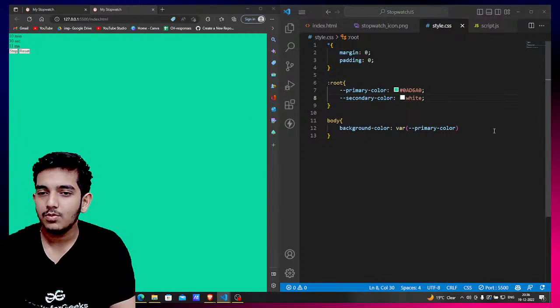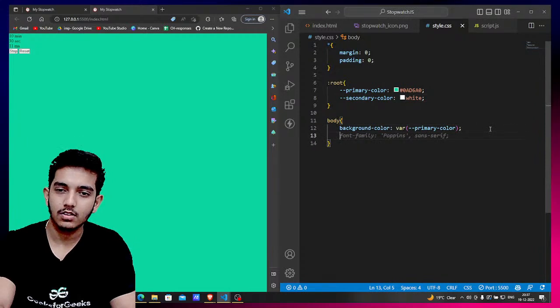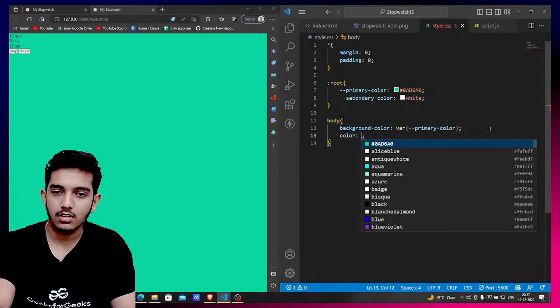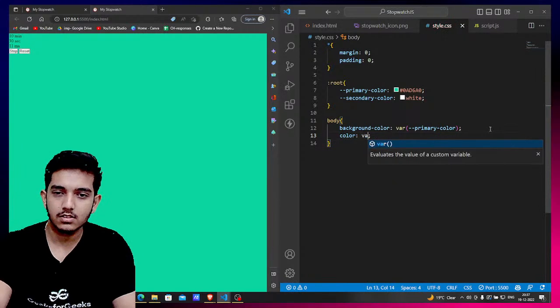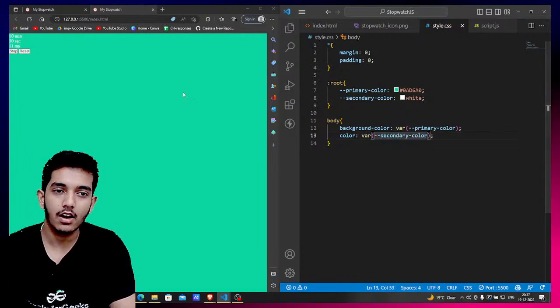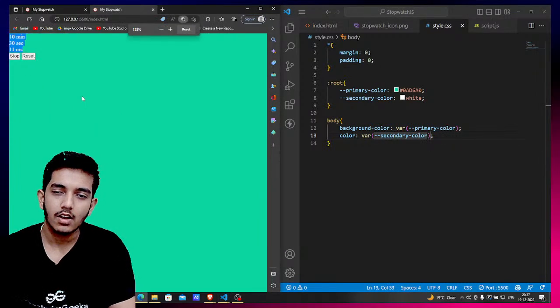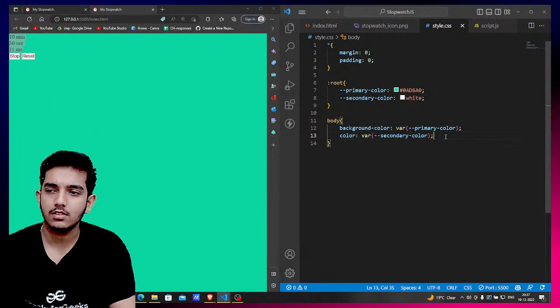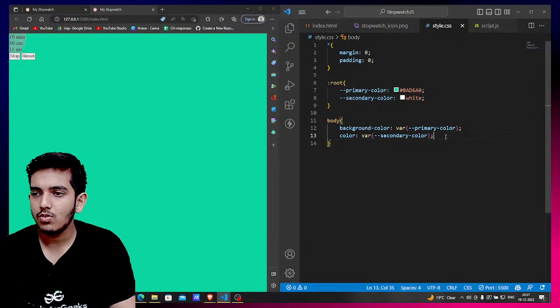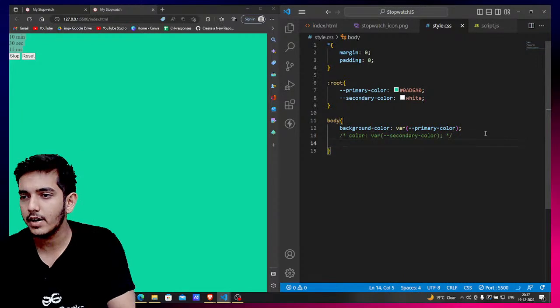After this we are going to choose a text color. I'll write color, and for this I'll choose white for now, and that's our secondary color. So our texts got a white color. Everything got a white color. It's looking nice. If you don't want that, right now we don't need it, so I'll make it a comment,